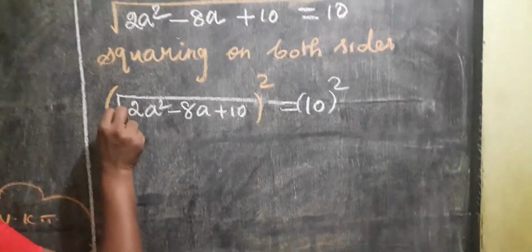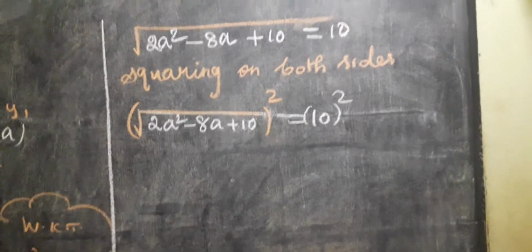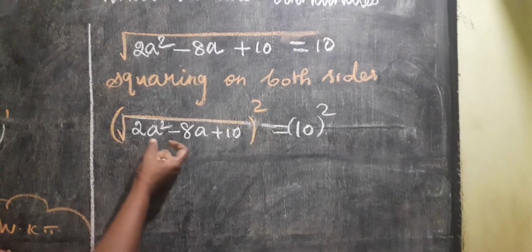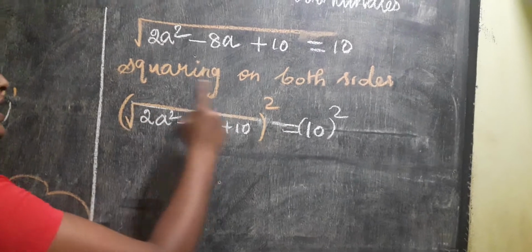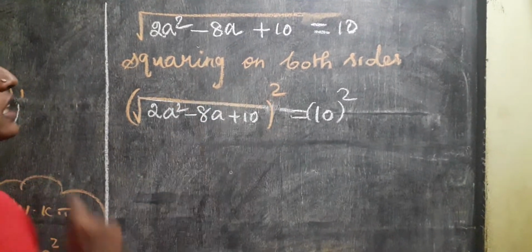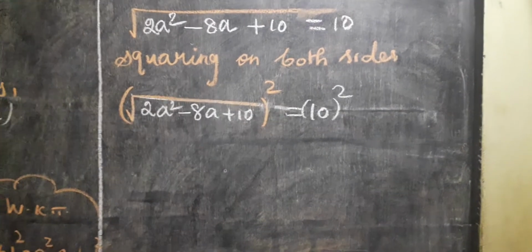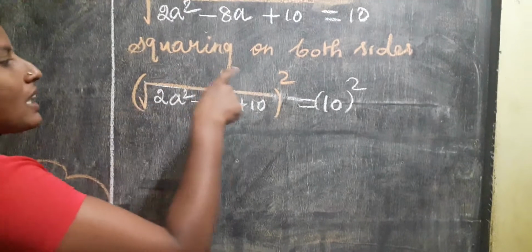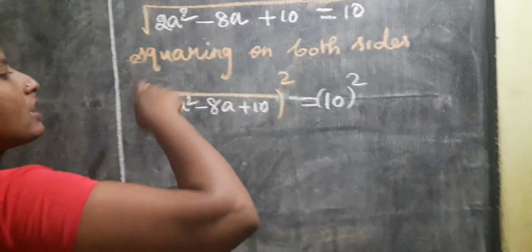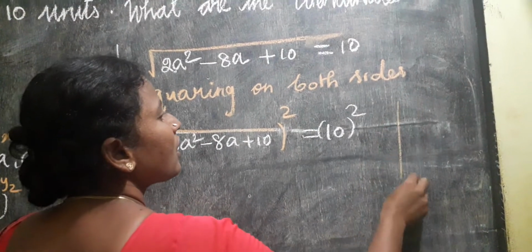The square root symbol is there here. Next, what we have to do? You know the rule: if the square root symbol and the square are there, they cancel. The two of them cancel, that is one of the rules. In the sum before, we also had to apply it. If you need, you can write it in the rough column.